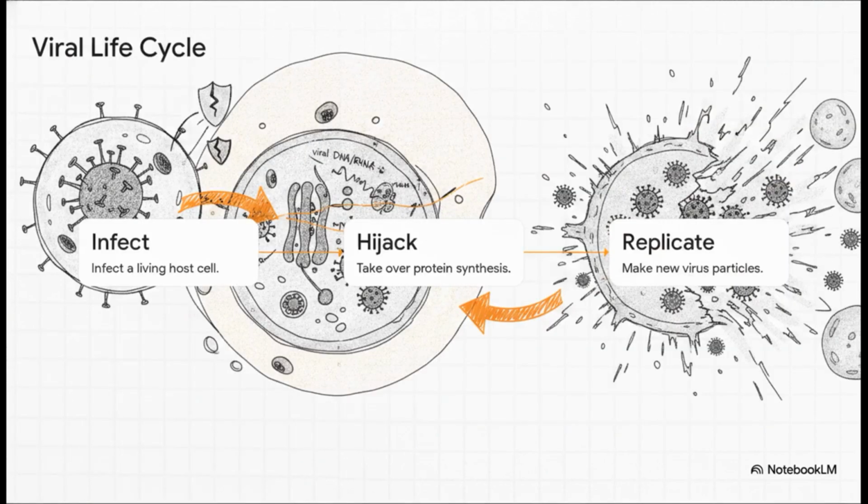The viral life cycle is a literal hijacking of the cellular machinery we learned about earlier. Step 1, they infect a living cell, breaching its outer defenses. Step 2, their viral DNA or RNA completely takes over the cell's internal factory. You know those ribosomes we talked about earlier? Yeah, the virus hijacks them. It forces the host cell's protein synthesizing machinery to completely stop doing its normal, healthy job and instead read the viral genetic code. And then step 3, the poor cell is forced to manufacture hundreds, sometimes thousands of brand new virus particles. This usually destroys the host cell in the process, as the new army bursts out to infect others. The idea spreads like wildfire, basically.